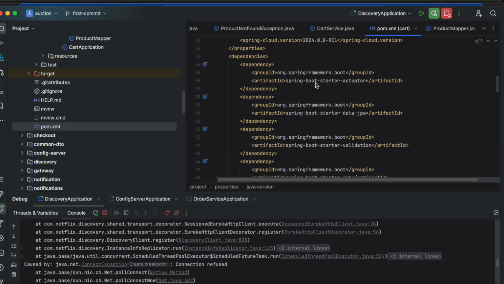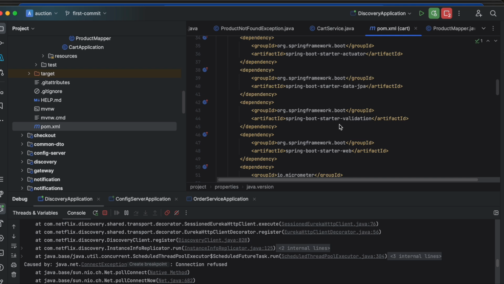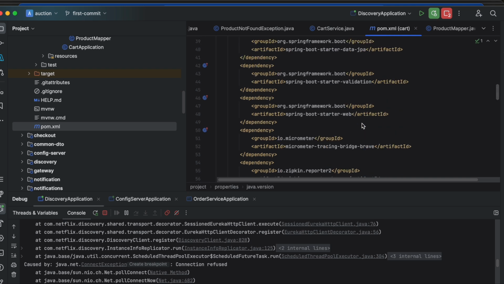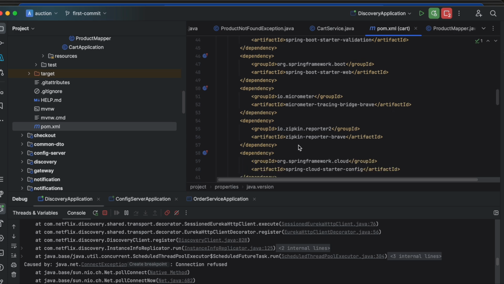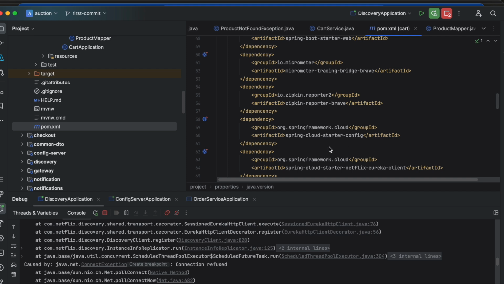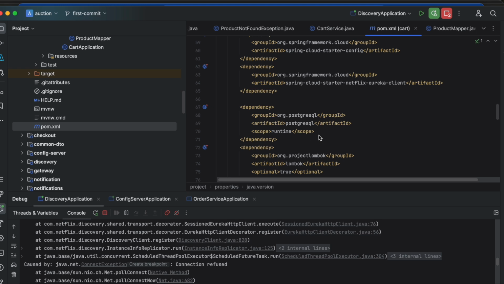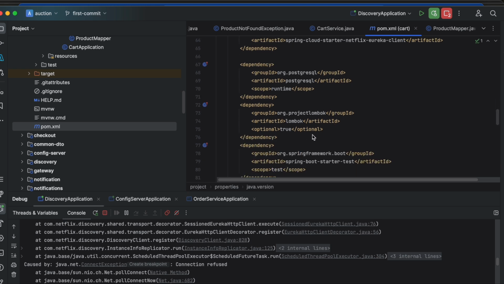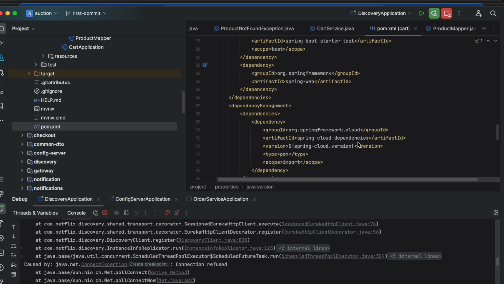We need Spring Boot starter actuator, Spring Boot starter data JPA, Spring Boot starter validation, and Spring Boot starter web, Spring Boot micrometer tracing Brave, and this is for Zipkin reporter Brave, and Spring Cloud starter config, Spring Cloud starter Netflix Eureka client. We need the PostgreSQL, and we need the Lombok, and then the starters that come with them, Spring Web,